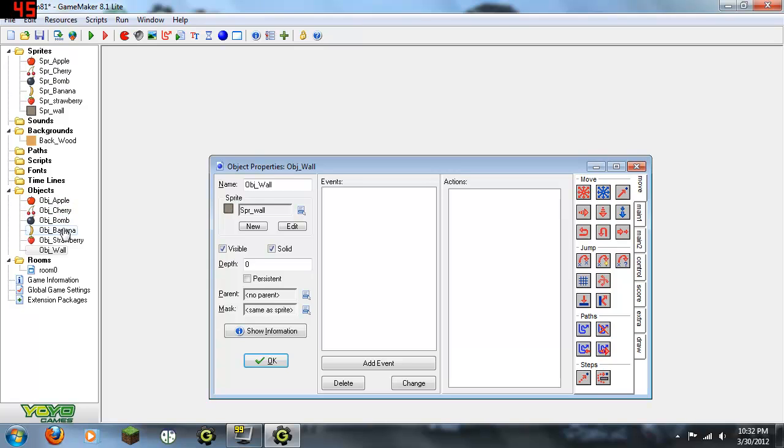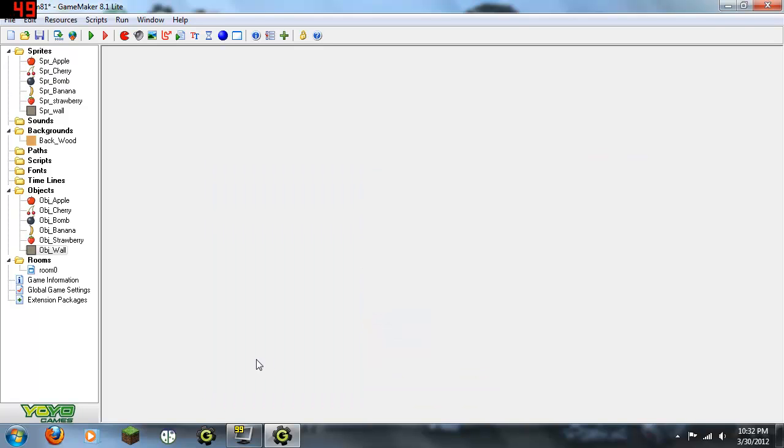The apple, cherry, banana, and strawberry hit the sprite wall. We don't want it to go through it and out of the map. We want it to be able to bounce off of the wall. So leave that as solid and hit OK. Now we have our objects. Now we're going to go into our room,